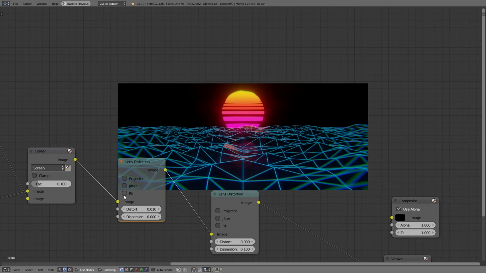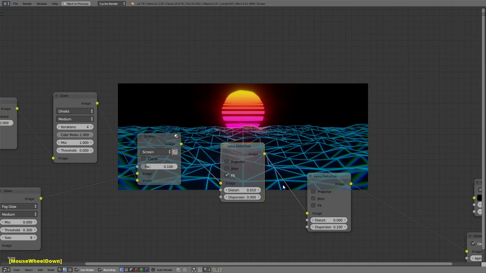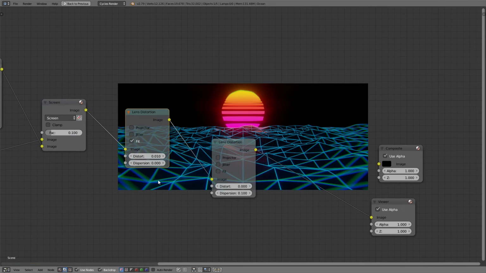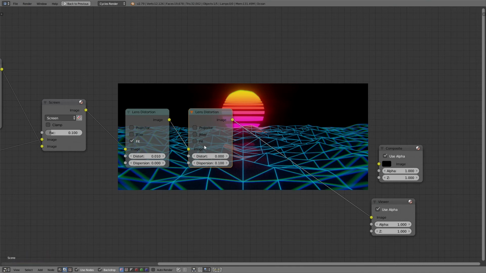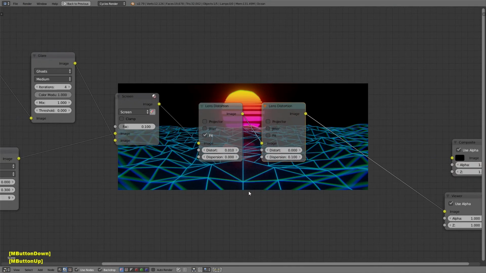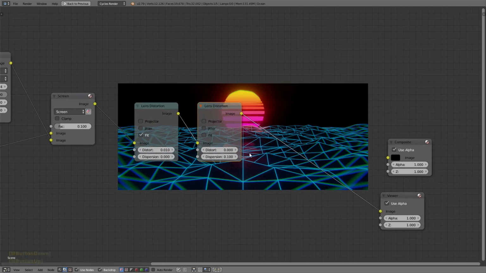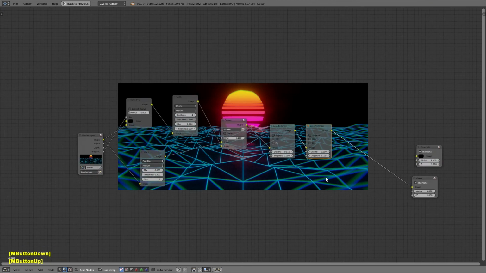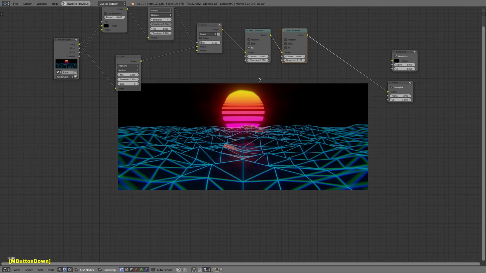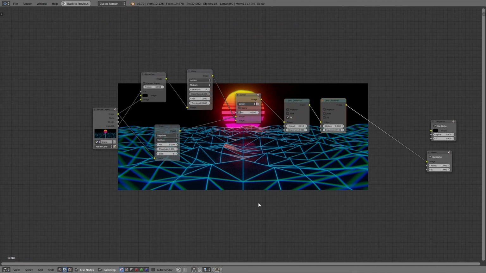And I'm going to check on fit so that it scales it up and fits the image proportionately. And you could do the dispersion and the distort in the same one, but I like to separate them, especially since I check fit on the first one. So this way we're getting the distortion of the lens, and then we're adding the chromatic aberration. All right, so it's looking pretty good. Now I think it's time to add our